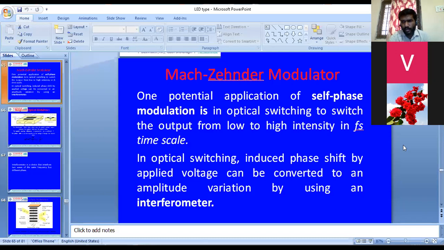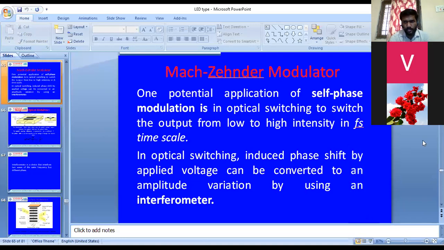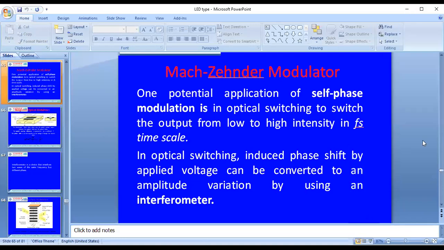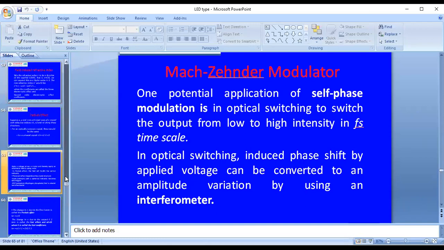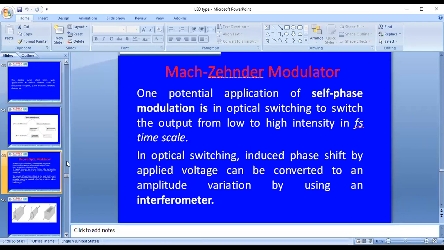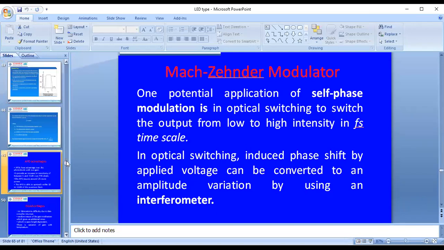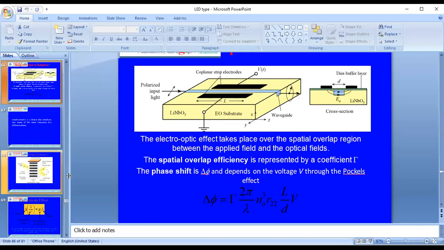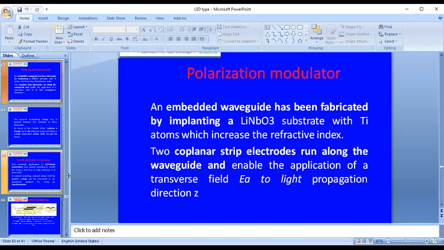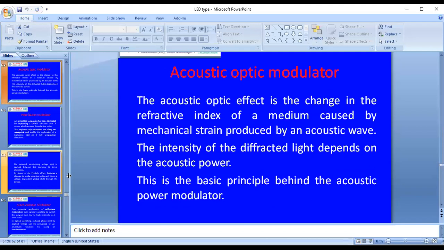Now we will start with electro-optic modulators, right? Those electro-optic modulators are also classified into different types. In the last class we have seen, once again we will see what modulators we have seen in the last class. We will repeat. These modulators are basically of two types: electro-optic modulators and